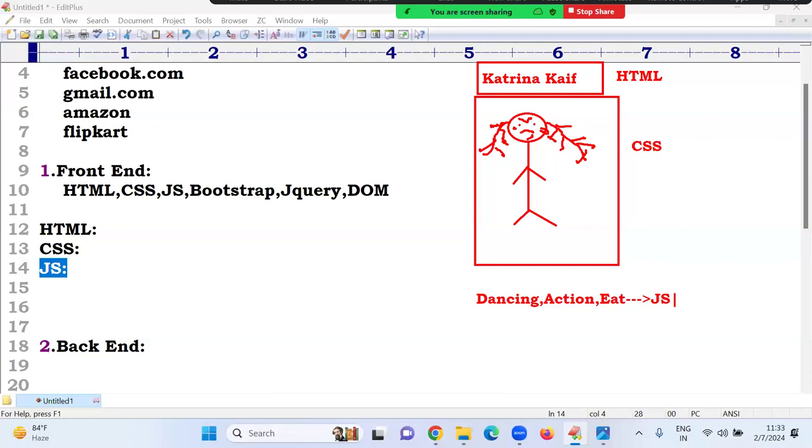So just now there is a login button on Facebook. Whether that button is working or not, how do we provide it? JavaScript is responsible for adding functionality to the buttons. Then we go with JavaScript technology, which we can provide.